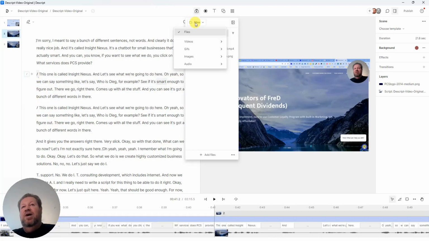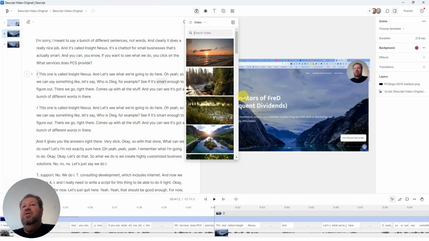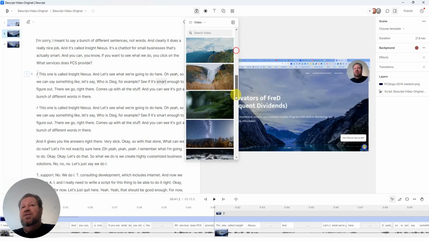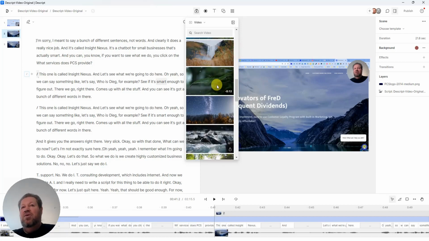As you've seen before, I inserted my watermark, but in addition to that, I can also insert videos and GIFs and images and audio, all kinds of different things I can add. So if you want a music track, you can add it from here, or sound effects. But let's say we wanted to add a video. You just simply click on the video. And now what it's going to do is show you a ton of videos that Descript has available for you at no additional cost. So if you wanted to select a video